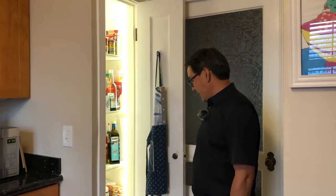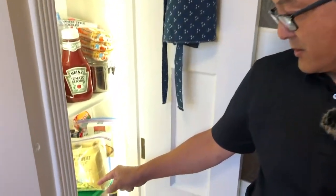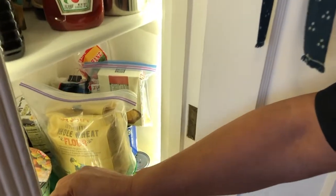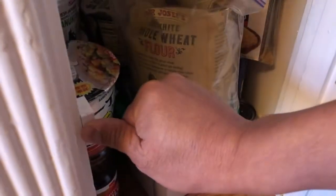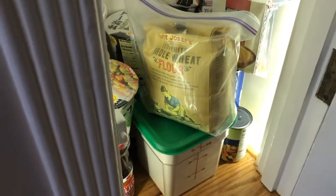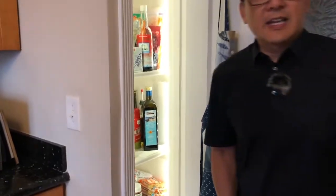So, as you can tell here, I actually put a switch for the door that I was working on earlier, right? So the door, we just hit that, and then it goes off, on, off. So I think, let's ask the wife, do you like the pantry lights? I love it. Thank you. So that's Kathy in the background there,